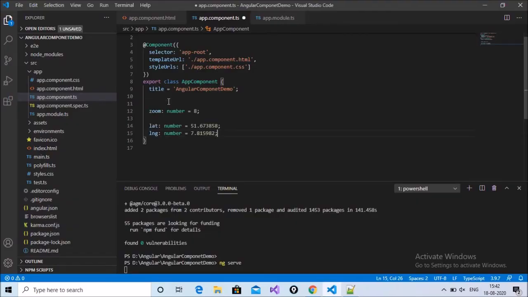The second part is in your component, set the values. In this component I set the latitude and longitude as hardcoded values.